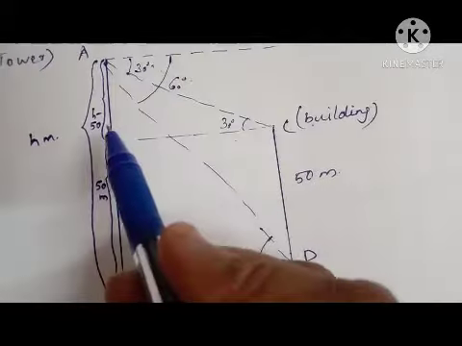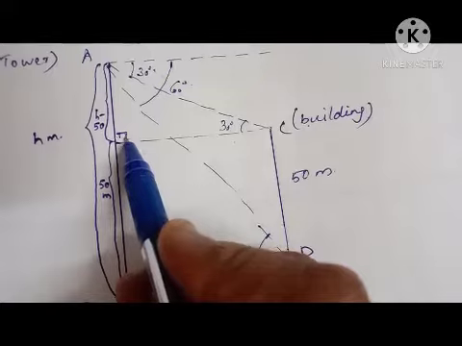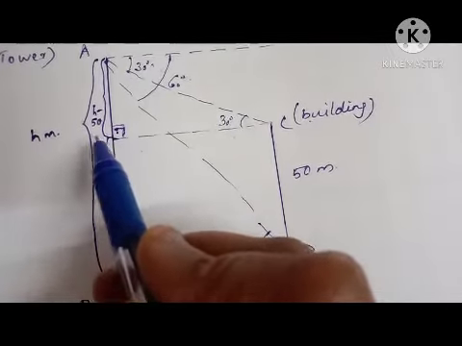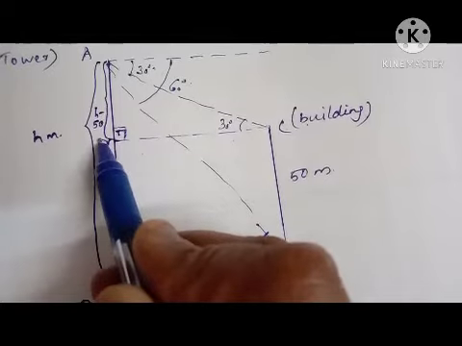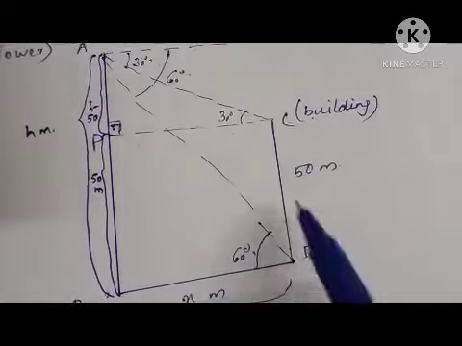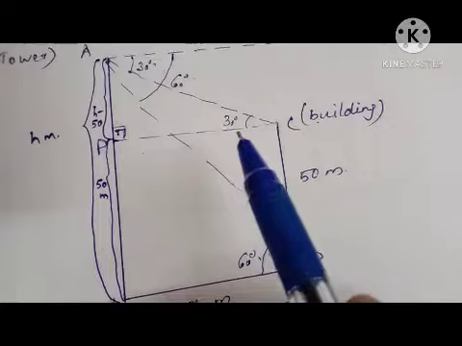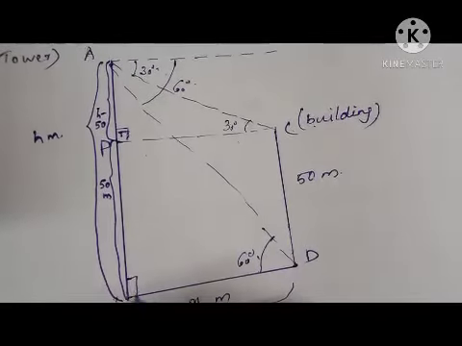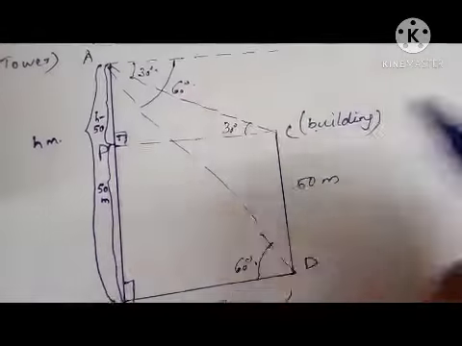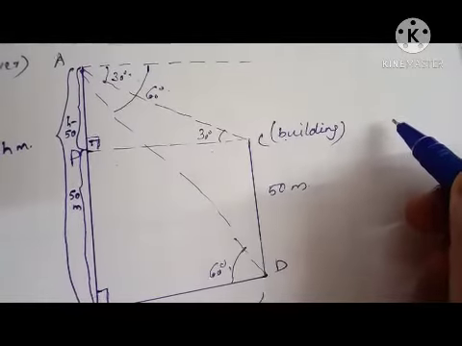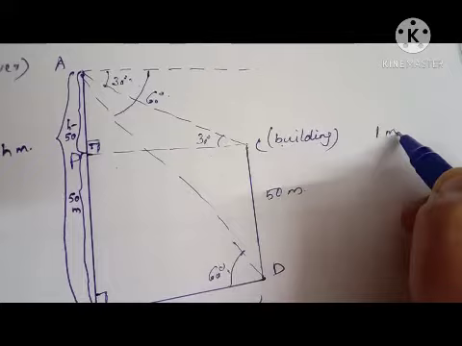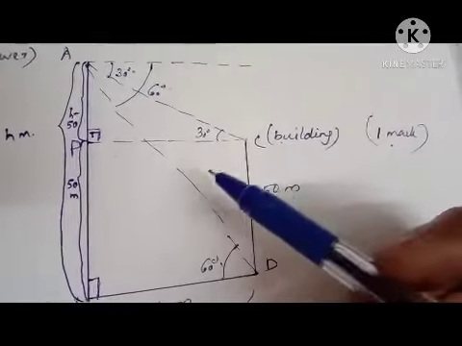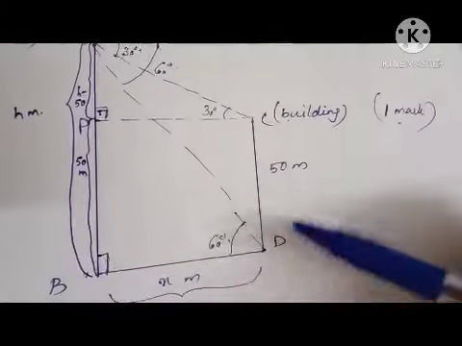Right? Now we have a right triangle here. So we can give the name to this point as P. Any name you can give. Now we got all the points named and we mark the measures. This is 90 degree. This is also 90 degree. So for this figure you will get 1 mark because it is a 5-mark question. So 1 mark for the figure with the correct name and measures.